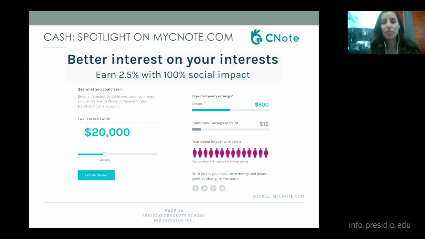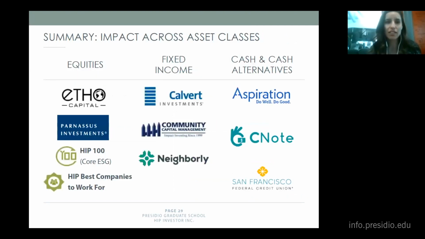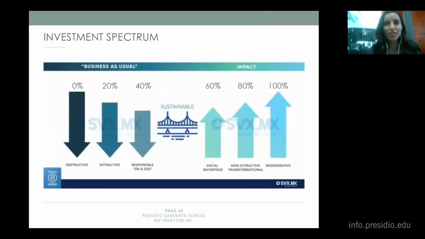So just to summarize some of the investments we've highlighted today, of course, there are many exciting impact-focused investment products across these and other asset classes. This is a summary just of the case study we highlighted today. And of course, keep in mind that this information has all been provided for educational purposes, and any investment considerations should be made with your investment advisor. And to bring it back to the impact spectrum that we started with, so hopefully you can already identify where various investments fit in the spectrum.